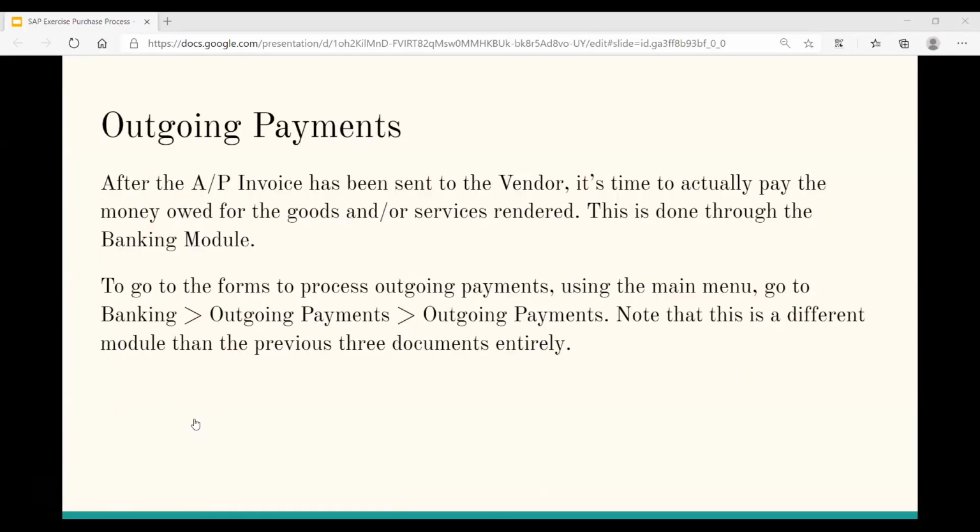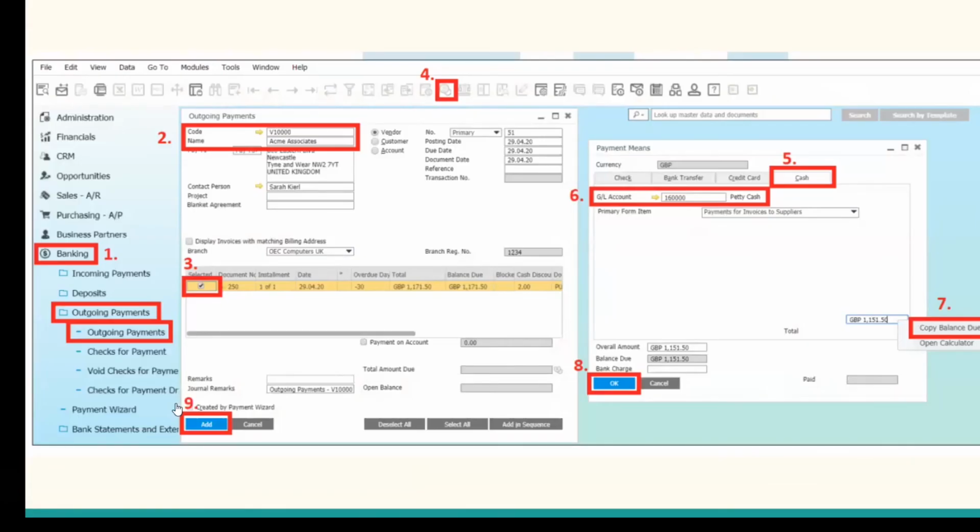Tapos na. So, nakagawa na tayo. Tapos na natin yung AP. Payments. Babayaran na natin yung invoice. How to create an outgoing payments? You go to the modules menu, banking, outgoing payments. And then you choose the vendor that you're gonna pay. In this case, si Tonton, yung ginawa ko or yung aking associate. And then on the selected column, you check the invoice to be paid and then click on the